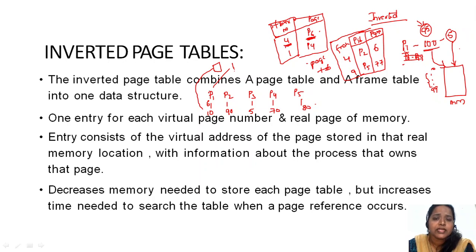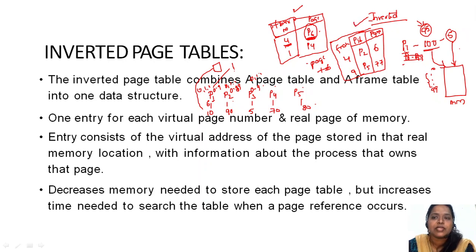See here, P1 will have 10 pages, in the sense 0 to 9. P2 has 90, in the sense 0 to 89 pages. P3 has 5, in the sense 0 to 4. What I mean to say is, P1 process has page 0, 1, 2. P2 process also has 0, 1, 2 like that. P3 also has 0, 1, 2 like that. So if you are showing page 6 here, does it relate to P1, P2, P3, P4 or P5 process? We don't know that.